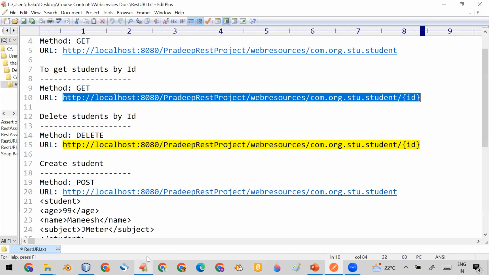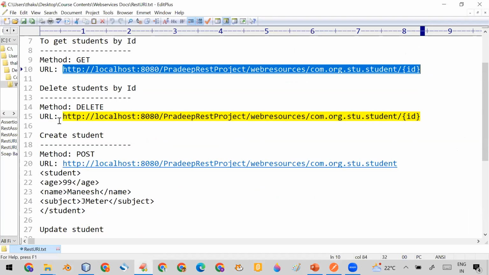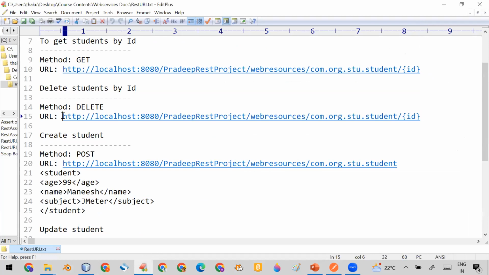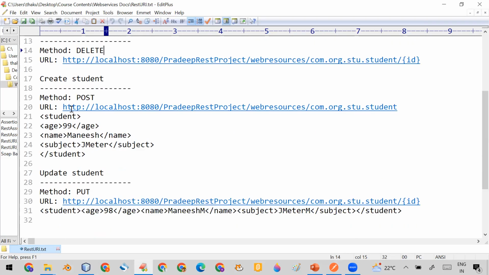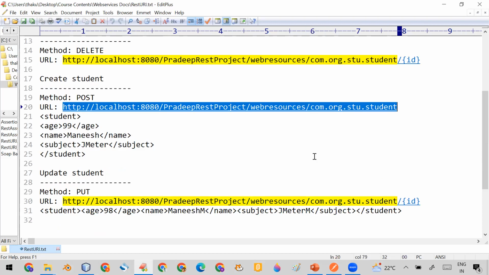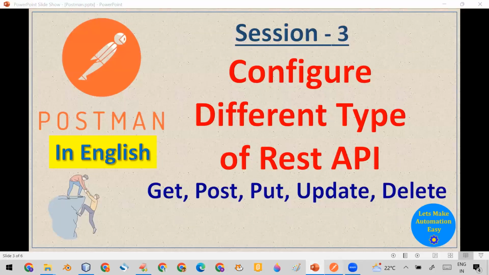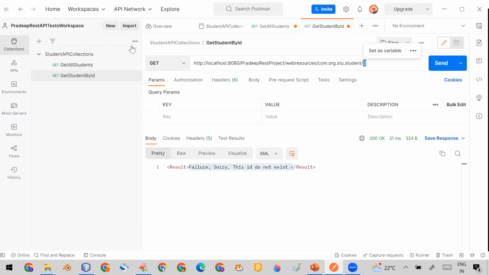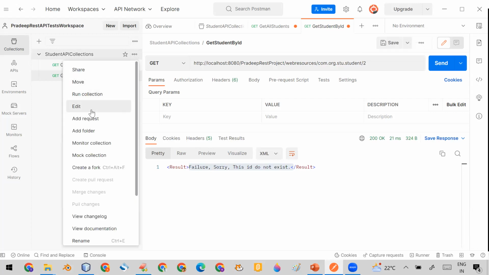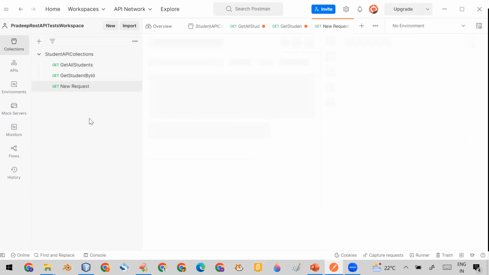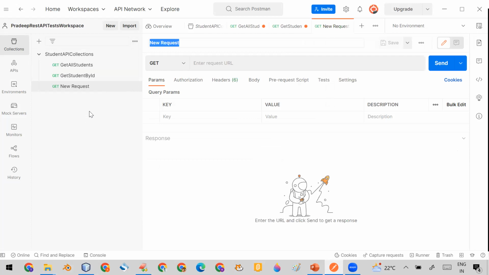Now let me configure the third type of API, that is called delete student. For that purpose, let me do one thing. First of all, instead of delete, let me configure the create student API so that I can show you how you can use the post-based API in Postman. So again go to your collections. Now again click on three dots, click on add request. In this way you can add multiple requests here. So this time